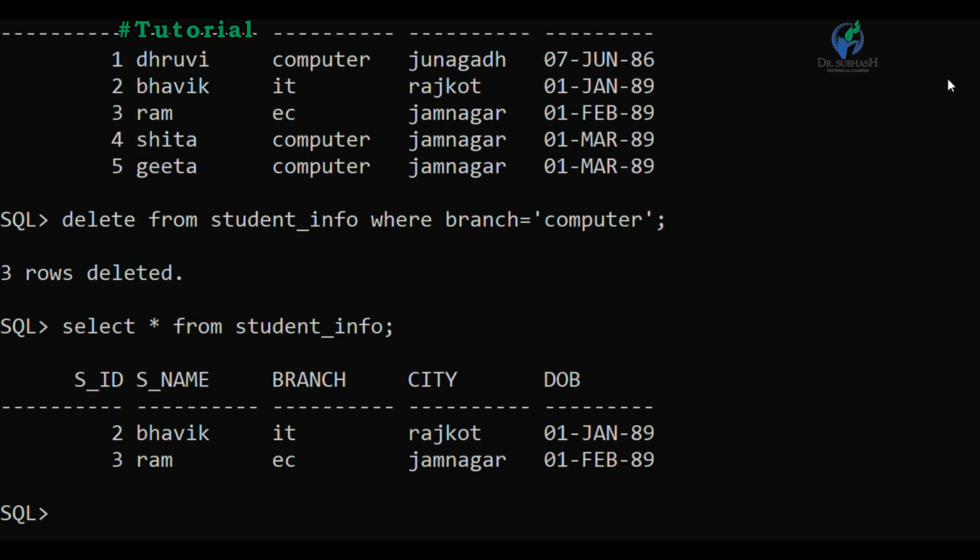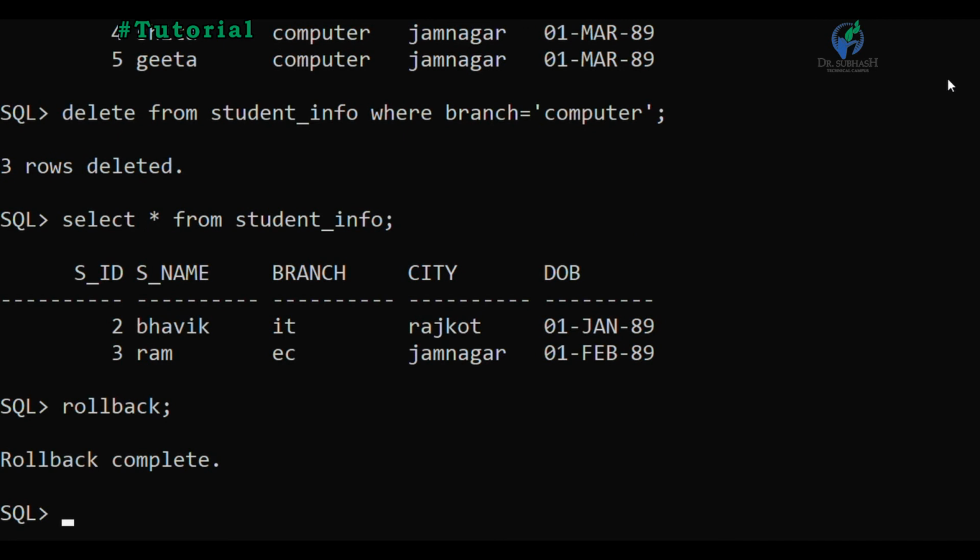So right now in our next exercise we make a rollback of our delete operation. So we perform our other TCL command, rollback. Just write simply rollback.